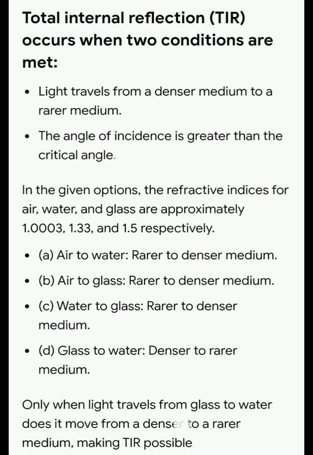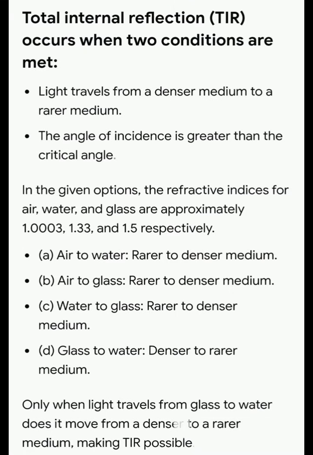Next question is, it is possible to observe total internal reflection when a ray of light travels from dash. For total internal reflection, two conditions need to be satisfied. One is the light should travel from a denser medium to a rarer medium. And the second is the angle of incidence should be greater than the critical angle. In the given options, the refractive indexes for air, water and glass can be taken as 1.003, 1.33 and 1.5 respectively. In option A, it is given as air to water, that is rarer to denser medium,